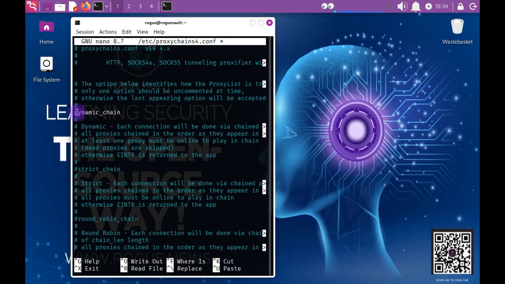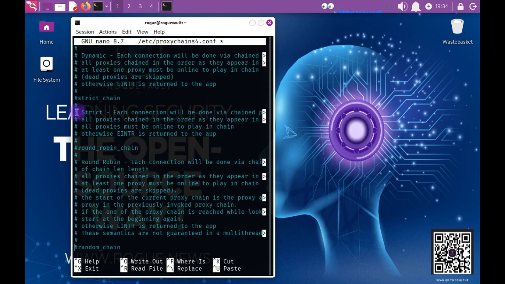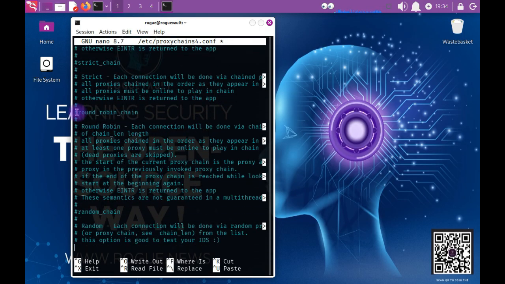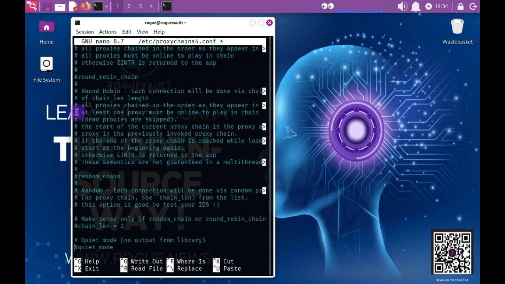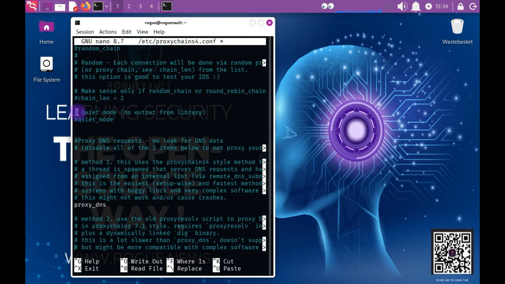After this you just need to go all the way down. We will go down to the proxy DNS setting. This is the one. All you see here is proxy DNS requests, no leak for DNS requests. So this is very important in our